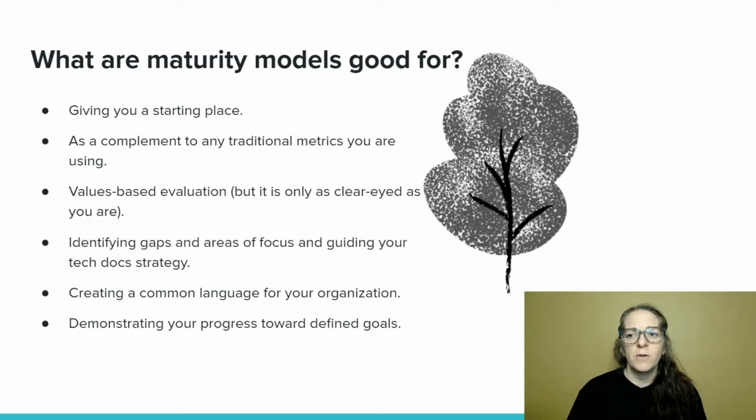While you're building the model, you can give yourself permission to put numbers aside and discuss the best practices you should be following to achieve your goals. Once you have defined the levels of maturity for your organization or project, you can start goal setting. You can better see the gaps that you have and turn them into areas for focus and improvement. You should keep returning to the model periodically to see if your efforts have been successful and to determine where they have fallen short. Over time, you can use this exercise to guide your tech doc strategy, including understanding better when and where to use traditional metrics.